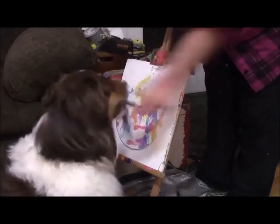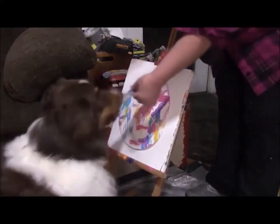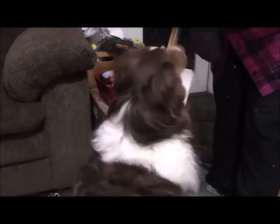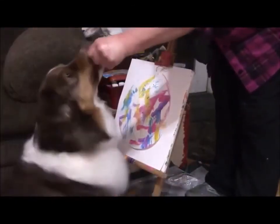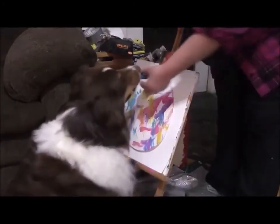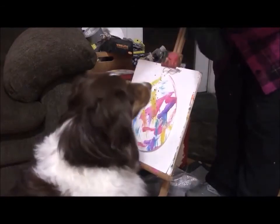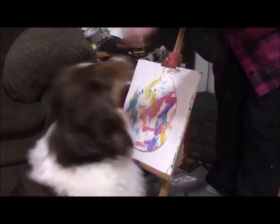Yeah. Whoops. And he drops it every so often. That's okay. Good boy. Good job. There. Go over there so they can see. They can't see. There. Good boy. Can you get it down there? Good job. And he's just putting little pieces of glitter